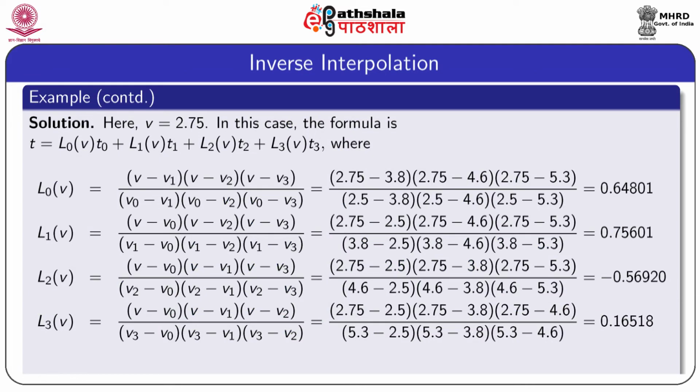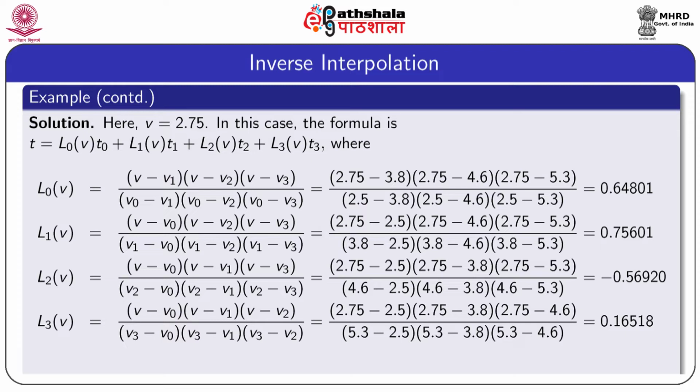Here, v equal to 2.75 is the value of the dependent variable, and the appropriate formula is t equal to L0(v) into t0 plus L1(v) into t1 plus L2(v) into t2 plus L3(v) into t3, where L0(v) is equal to (v minus v1) into (v minus v2) into (v minus v3), whole divided by (v0 minus v1) into (v0 minus v2) into (v0 minus v3). After substituting the values of v0, v1, v2 and v3, the expression is equal to